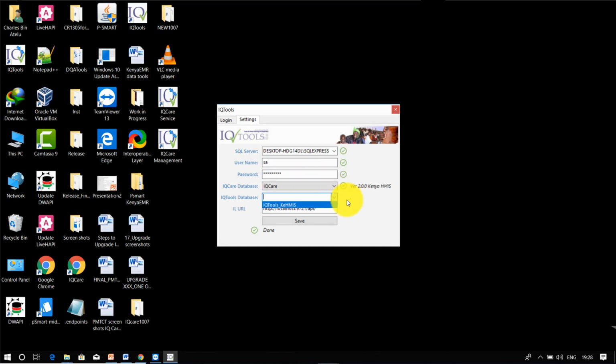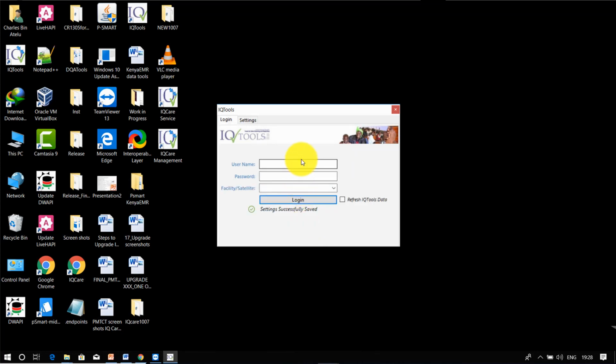It will automatically select our database, which is IQCare. Then select our IQ Tools database. Then click Save, and it will automatically set up our IQ Tools. Then log in using our credentials again. Type in the password Constellar, which is C0NSTE11A.